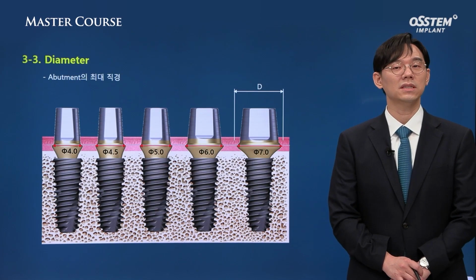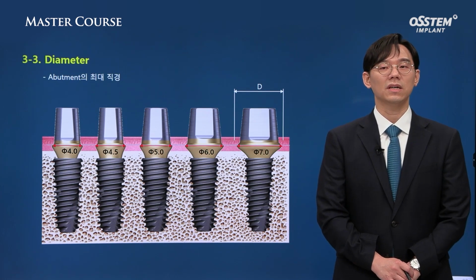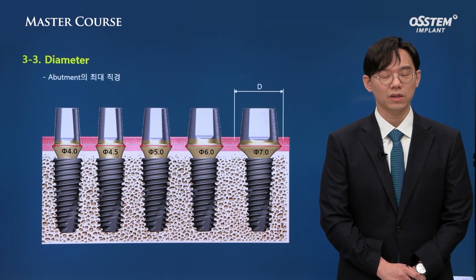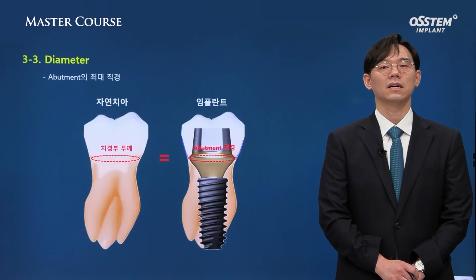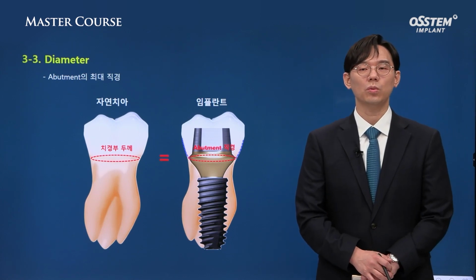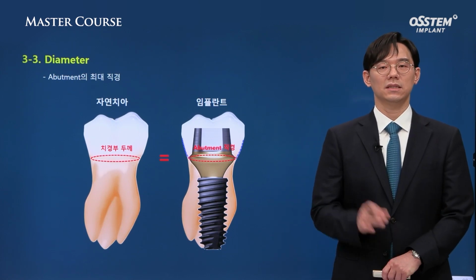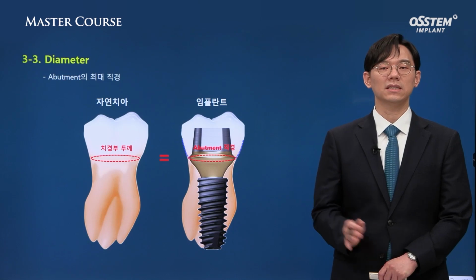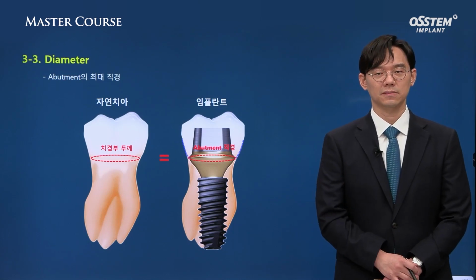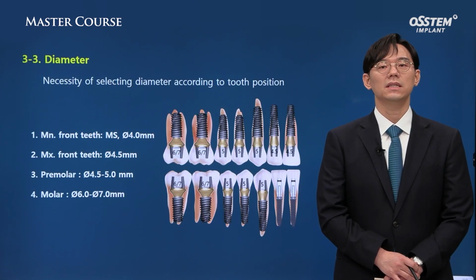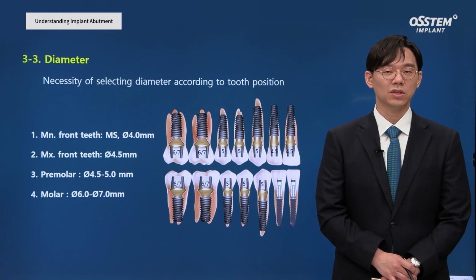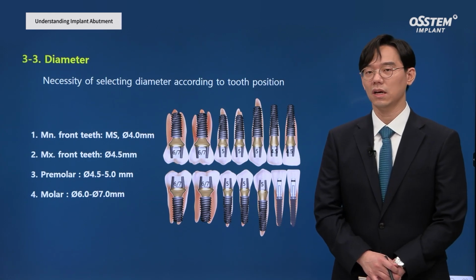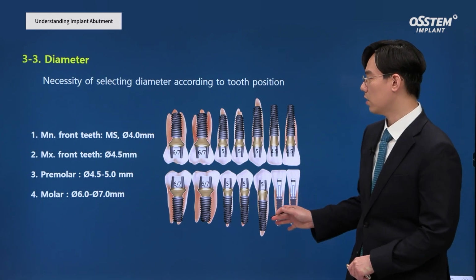Third is about diameter. You need to choose the appropriate abutment with the right diameter. The diameter of the implant should be similar or smaller than the thickness of the cervical area of the tooth to be restored. Depending on tooth contour, if you choose the abutment diameter, in the case of lower anterior, you